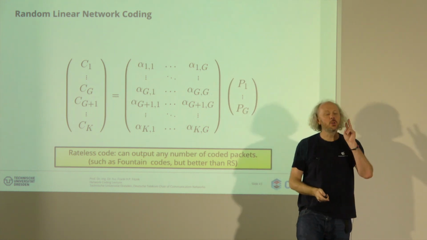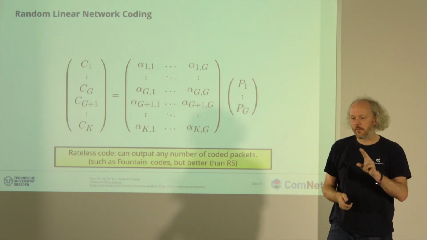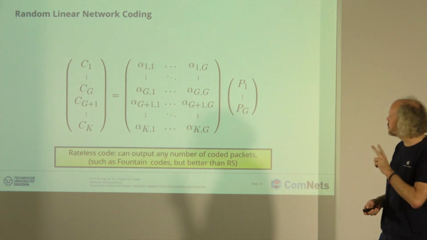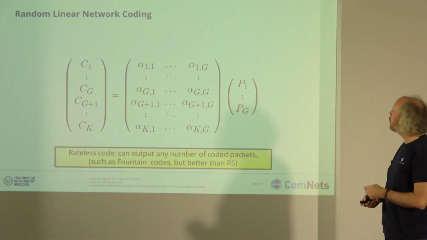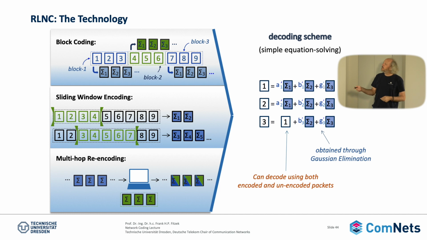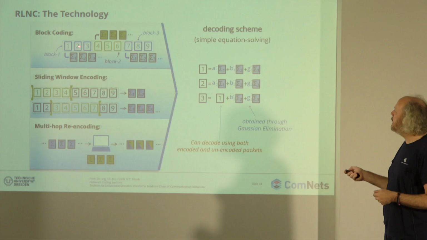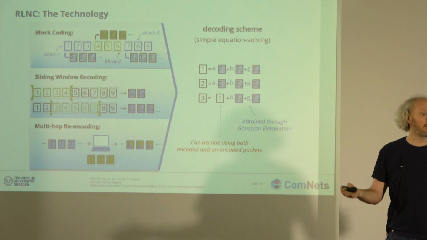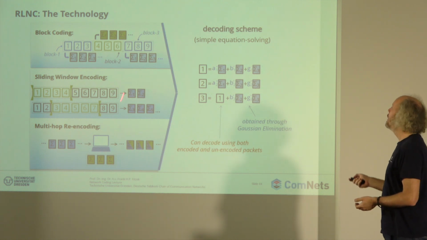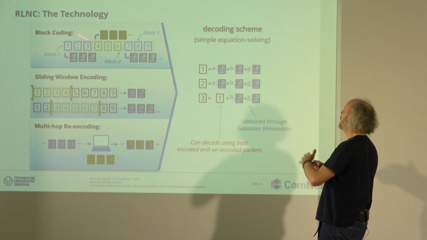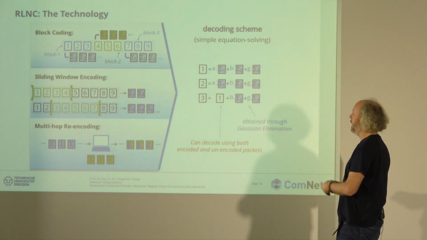Okay? But there are two features, and this is the most important stuff of the course that you should learn. There are two things that a network code can do even more. So it could behave like a normal block code, as you can see here, right? So we take 3 packets and we code out as many coded packets as we want. Then we take the next 3 and make this is the block code, like Reed-Solomon. Now we are rateless, fine. We can even say as a fountain code, fine.